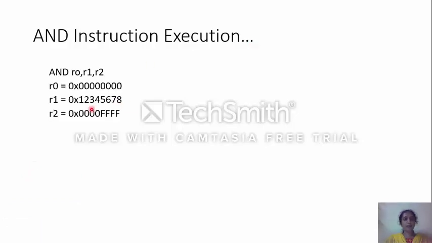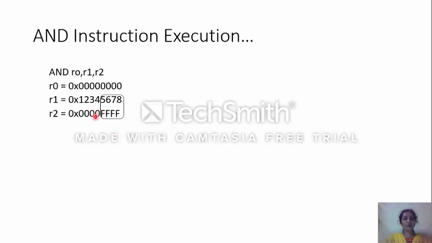Now we will see the actual execution of the AND instruction. The instruction formed is AND R0, R1, R2. You can have another way of writing this AND instruction also. For example, you can write it as R1, R2 are ANDed and the result will be stored in R1 also. Or you can have any immediate number ANDed with R1 and the result is stored in R0. This is the pre-instruction status given, which we have already seen.